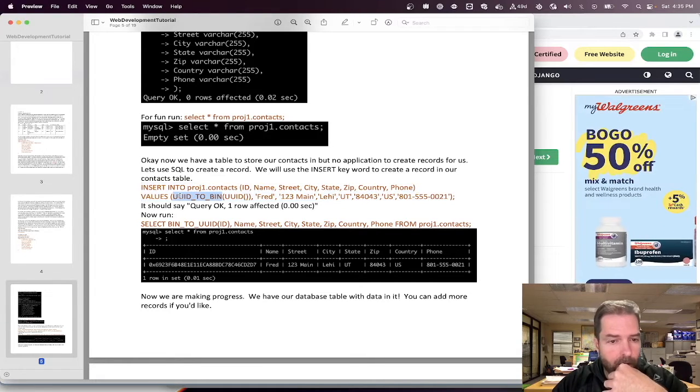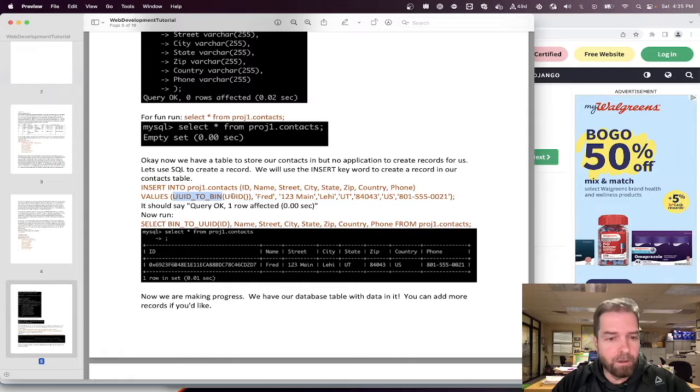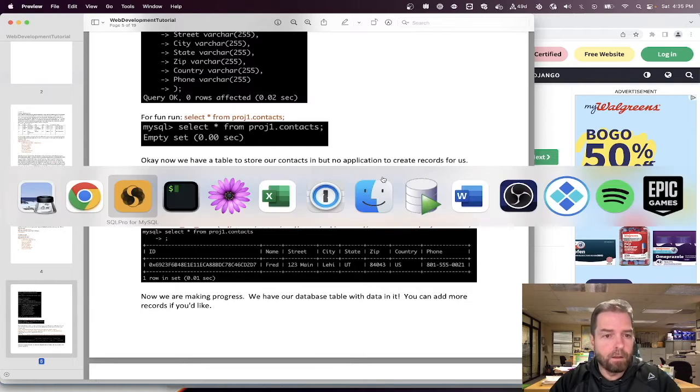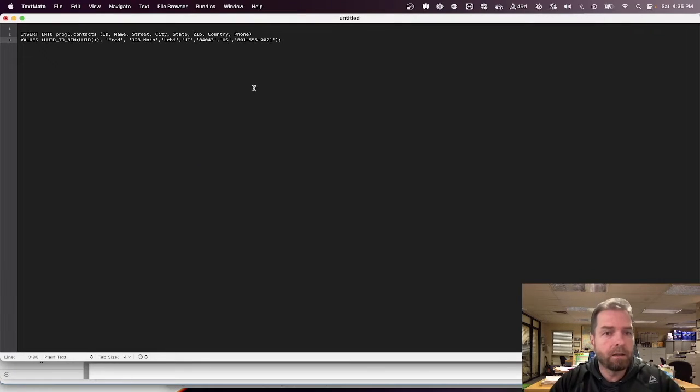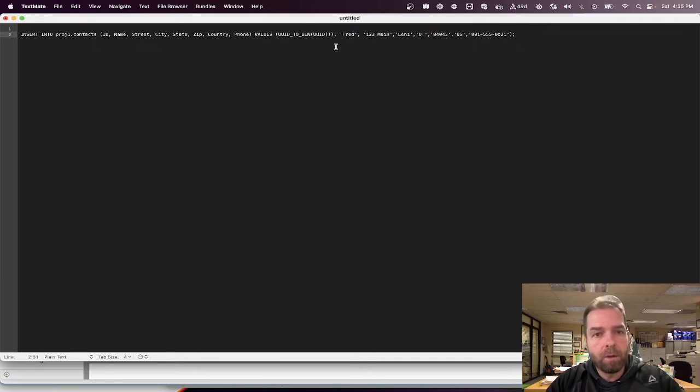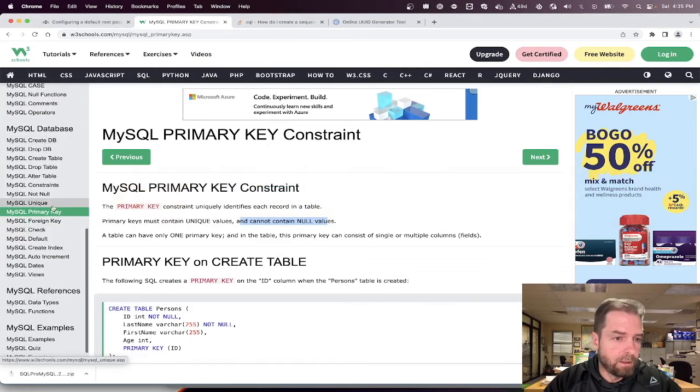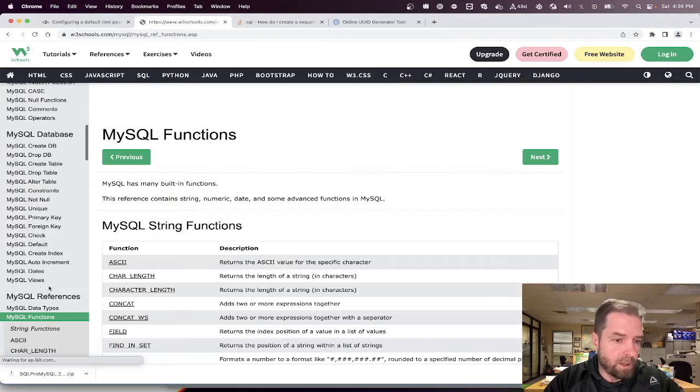I'm not going to run this. I didn't talk about functions. You can learn more about functions as you go. I'm going to take this query out and use it in my statement here. But like I said, I'm not going to use this because it's not going to be binary. I am going to use UUID, and I will look that up briefly to give you an idea